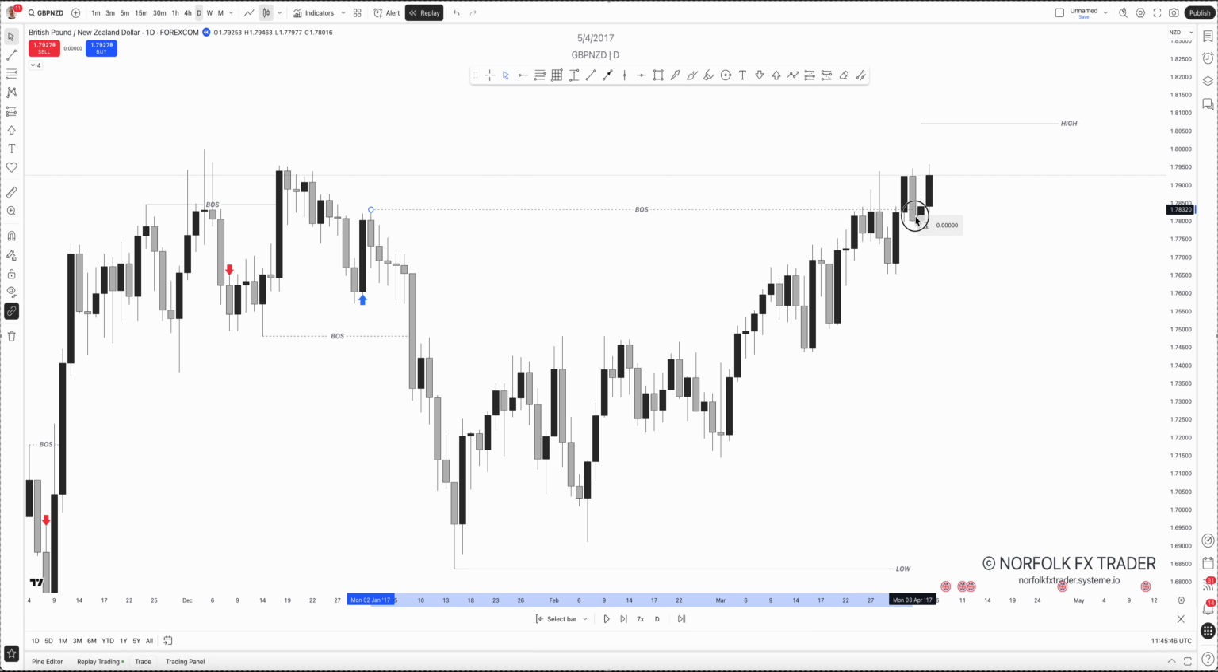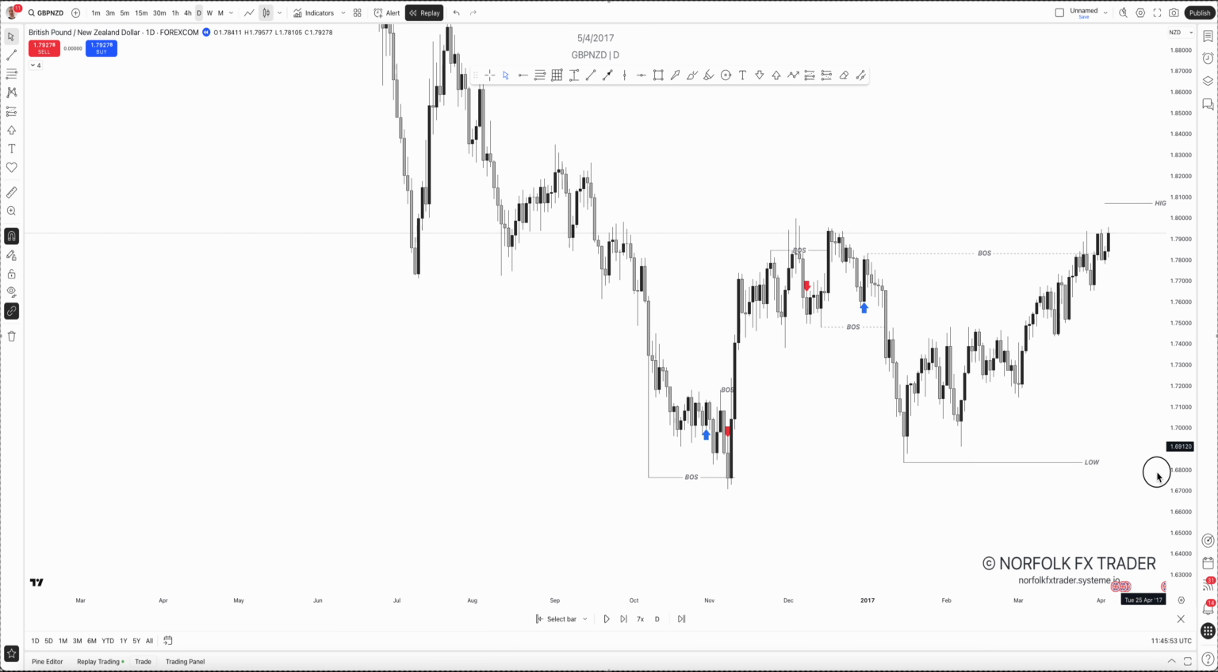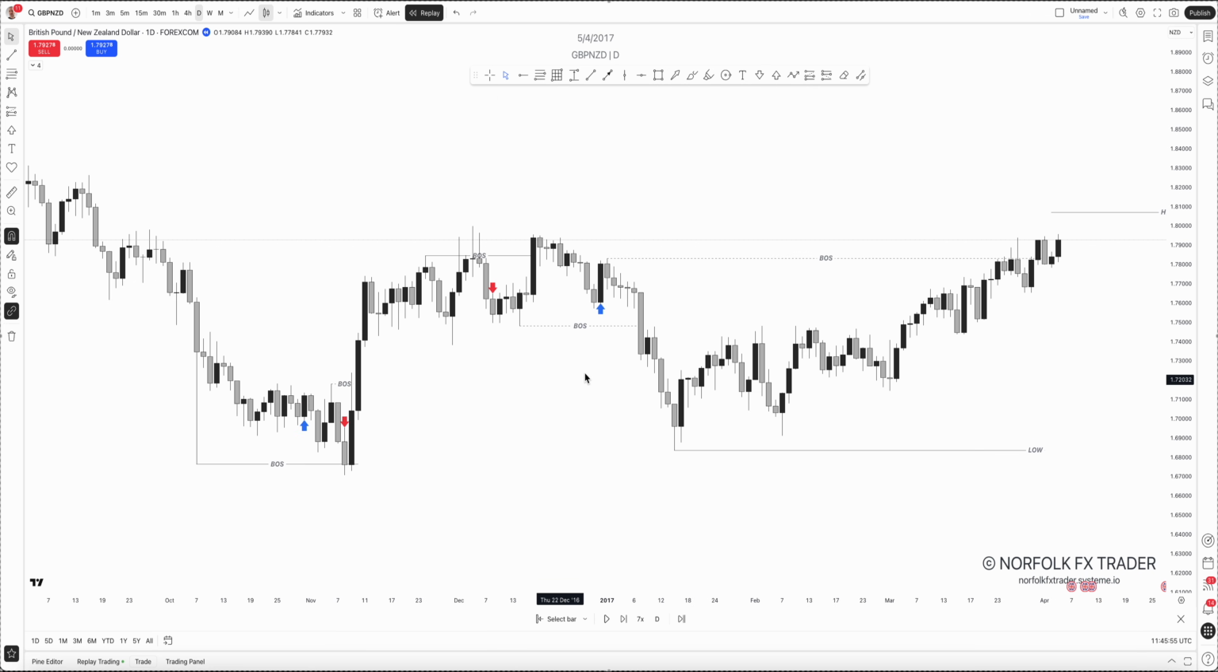And we have a break. Again, it's a new change of character. It's an instant change of character. So price is in a sideways range. If we were to zoom out right now, you'd see that price is sideways because we're seeing that dashed break